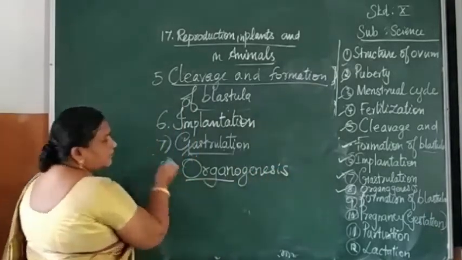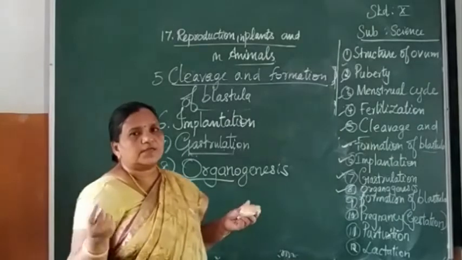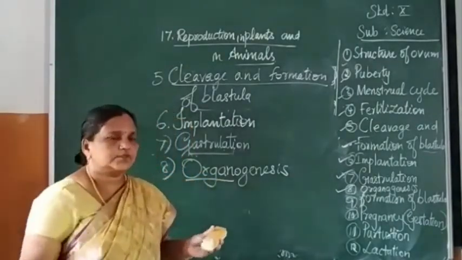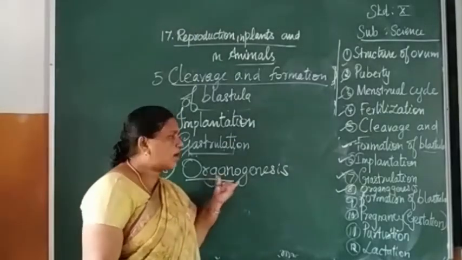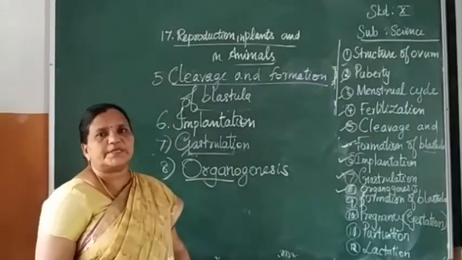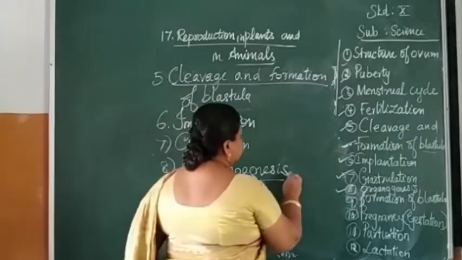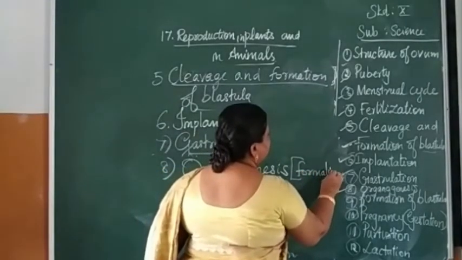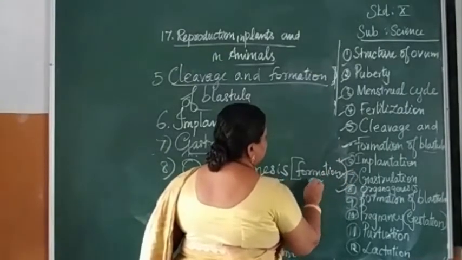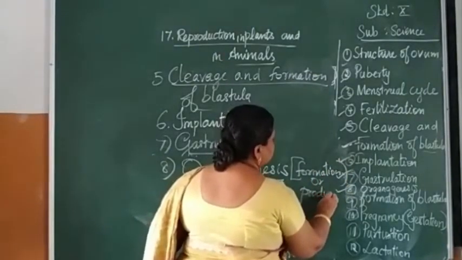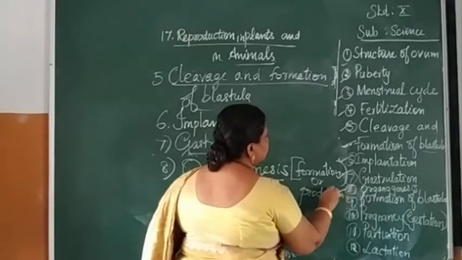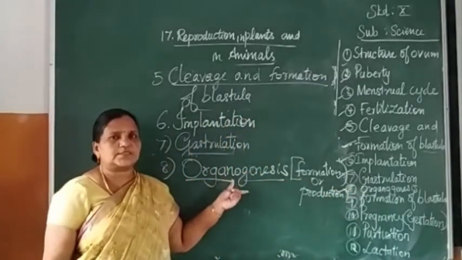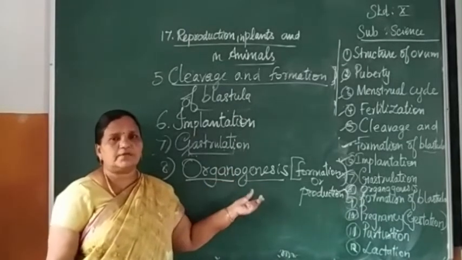See, what is the meaning of organs? What are the organs present in our body? Head, the neck, and then ears, eyes, nose, everything. They are included in the organs. Then genesis means formation or production. Understand the meaning and study science, that is easy for you. So organogenesis, in this process we know organs will be formed.